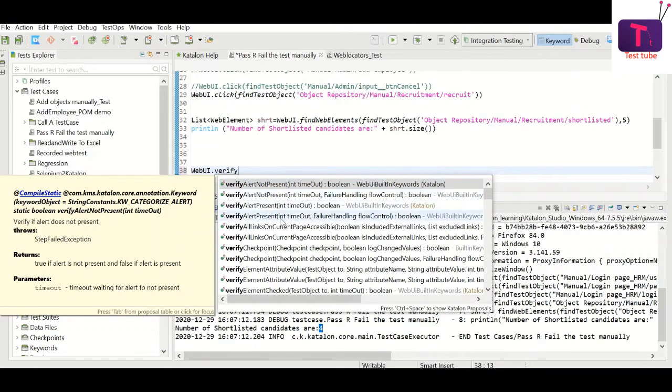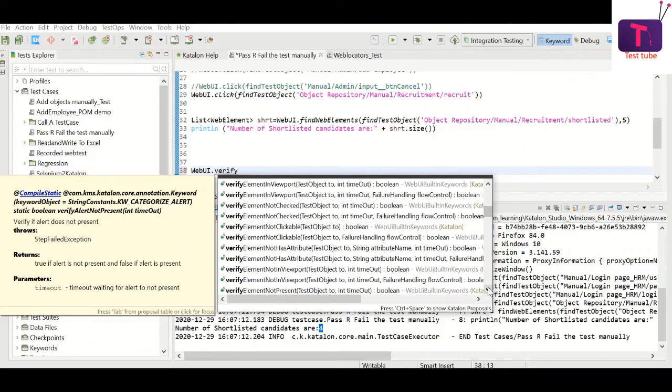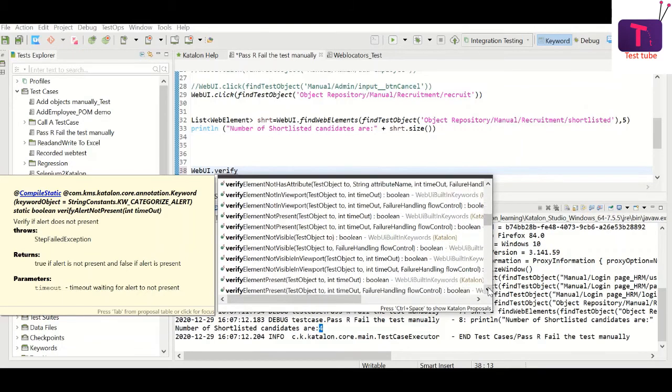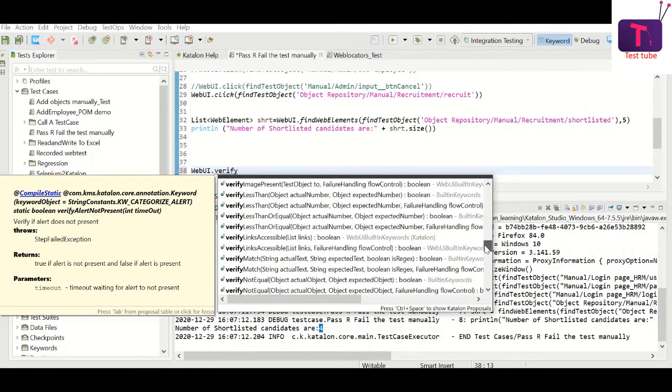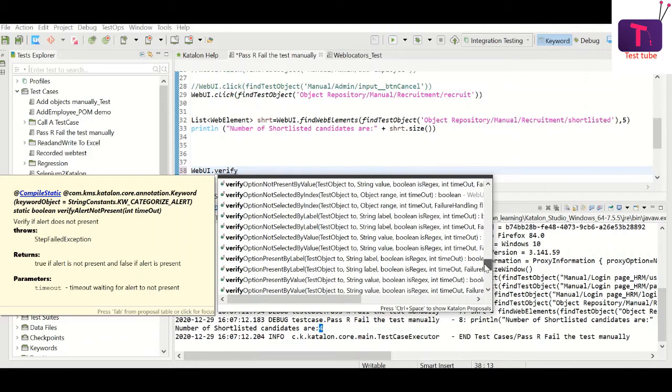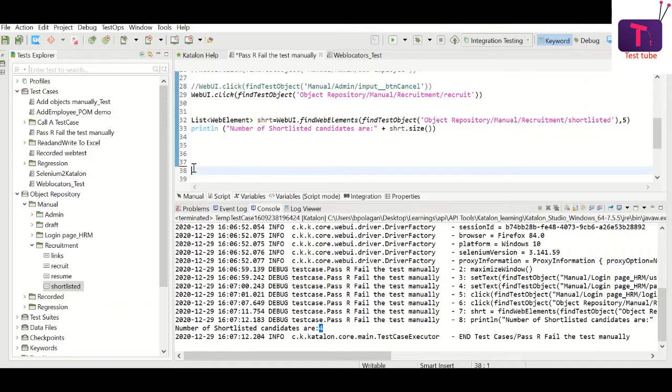So we can verify about alert, links, whether an element is clickable or not clickable, visibility, and we can verify some text. There are many keywords we can see, but there is no default keyword which is closer to what I wanted to do, which is that I wanted to pass it as success if the returned list has some number, and fail it if it doesn't have a number. I'm not finding that in the keywords.